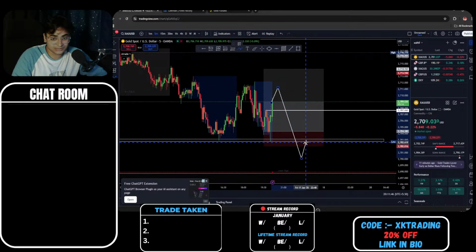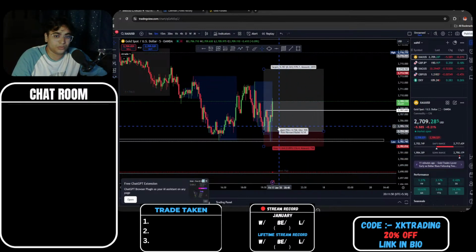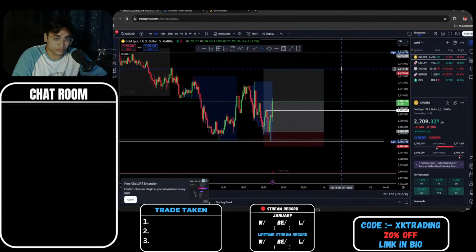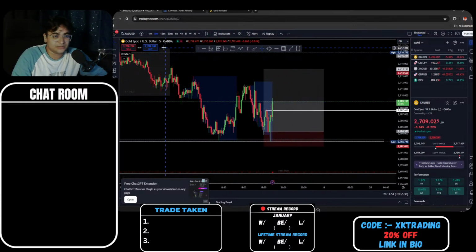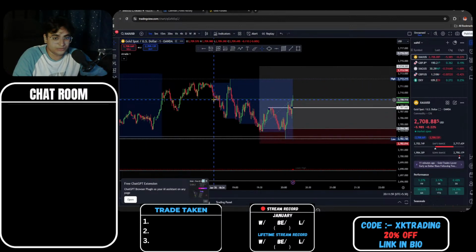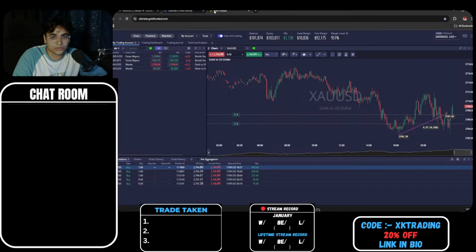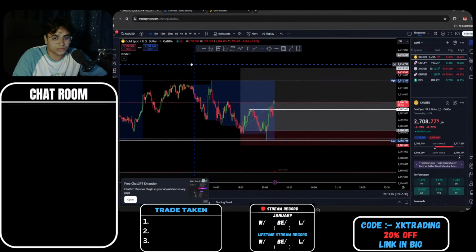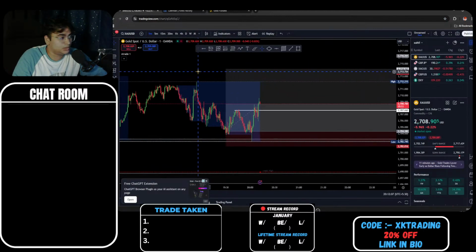If we do that, then we could see something like that, and I do not want that. But we could even still respect these zones and move up. But as I'm mentioning, we have a strong rejection point, which is this one. So we'll be careful at that time. Right now we are up around 1.3% or 1.1%. We'll see how we do once we move forward. All right.